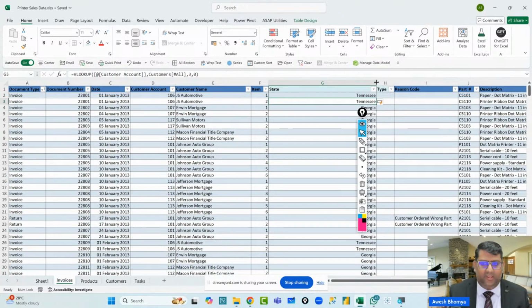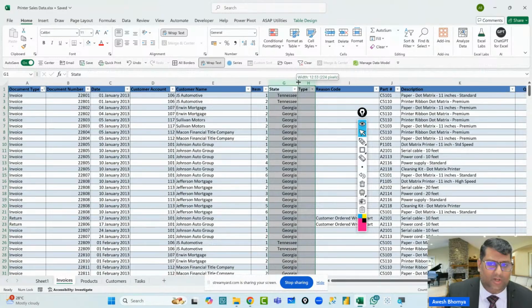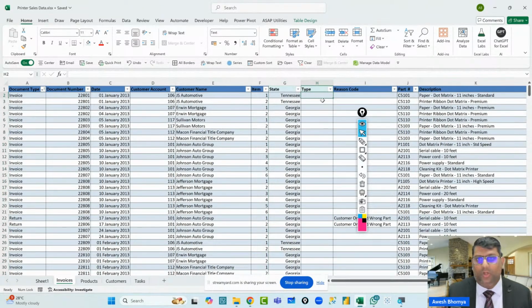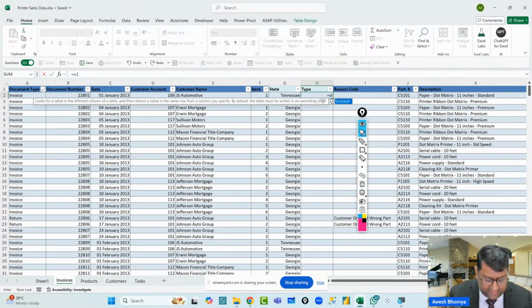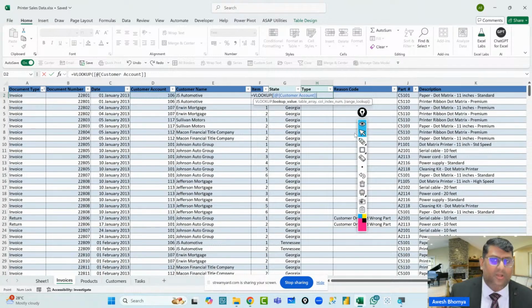Yeah, so you can see that the state is being picked up for the customer. Now we need to get the type of the customer. That means what is the name of the company or the type of the company. So we can use the equal to sign, and this time I'm going to use the VLOOKUP. Now I'll show you another way of using VLOOKUP. So my lookup value in this case is going to remain the same, customer account, and you can see it says @customer account to confirm. The next thing that you can put is a comma, and now you need to specify your table array.